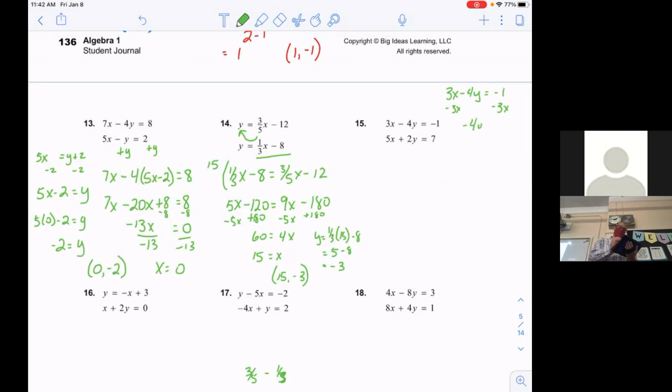So remember back in chapter 2, we were solving for variables. Again, it was just a precursor for what we were going to have to do later on. So we were solving for a variable again. We are taking this expression, 3x minus 4y equals -1, and we are solving for y. So I'm going to subtract the 3x over. Now, it does not matter if you write -3x minus 1 or whether you write -1 minus 3x. That is irrelevant, okay? I just like to write my variable first. We're going to divide by -4, divide by -4, and divide by -4. So we end up with